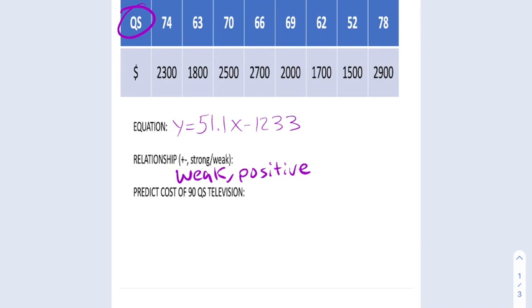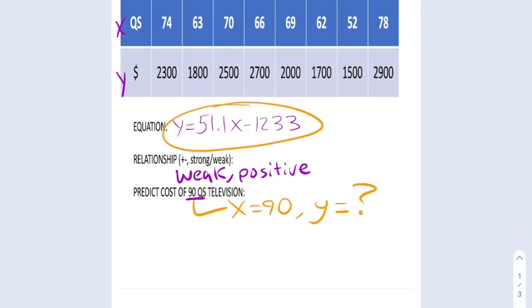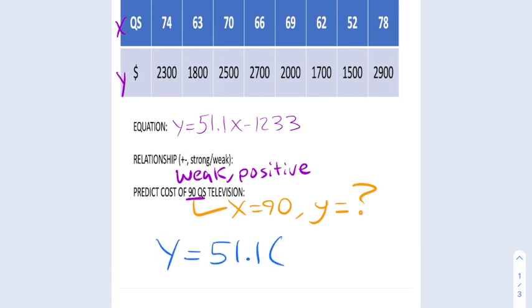Now finally they ask us to make a prediction for the cost of a 90 quality score television. Well, quality score is up here in our inputs, or our X column or row in this case, and money is in our Y column or our outputs column. So when you tell me that the quality score is 90, what that's saying is that X equals 90. And they want to know what Y equals. So we're going to use this equation. Y equals 51.1 times X, which we know X is 90 for this question, minus